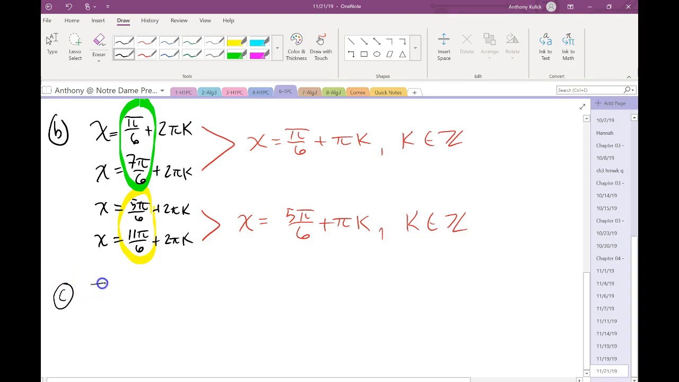So for part C, we wanted the answers between negative 2 pi and positive 2 pi. Yes, Kendall? So when you reduce them and then you added the pi, is that because the difference is pi, or do you always add pi? It's because in this particular case, the difference is pi between them, but it has to be the